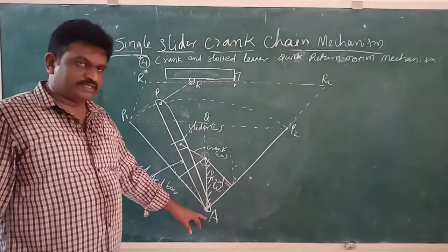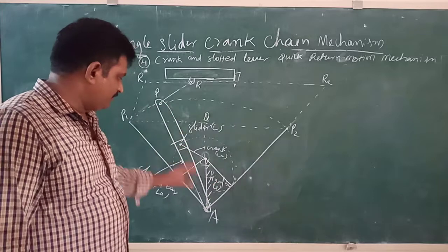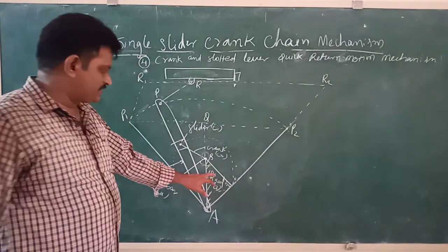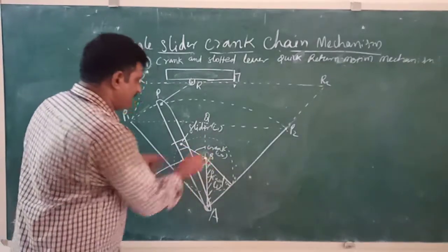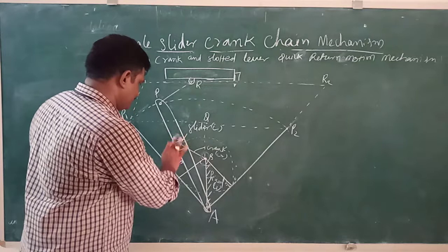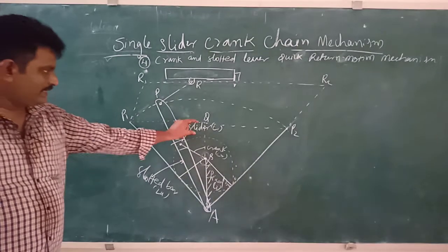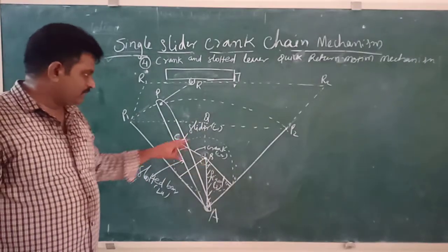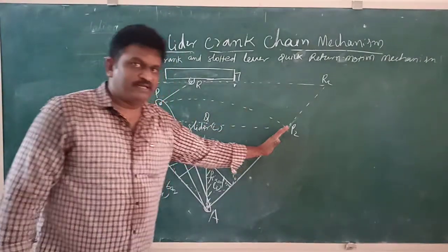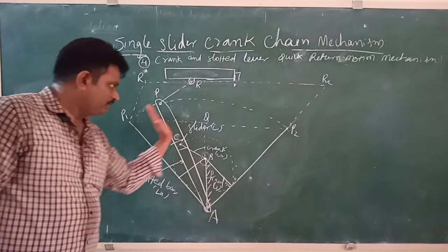The slotted bar has one end fixed at the pivot point A. That is the fixed bar, and the slotted bar is fixed at point A. The second point of the fixed bar is B. The crank is connected to the fixed bar at point B, and this point is some point C. The slider is fixed in the slotted bar, and the crank is connected to the slider. The sliding bar slides from this position to this position, from AP1 to AP2. The same bar moves from this portion to this portion.